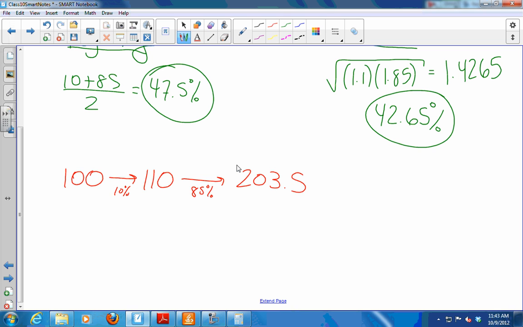So that should be equivalent to growth by 42.65% twice. So if I do 100, increase by 42.65,